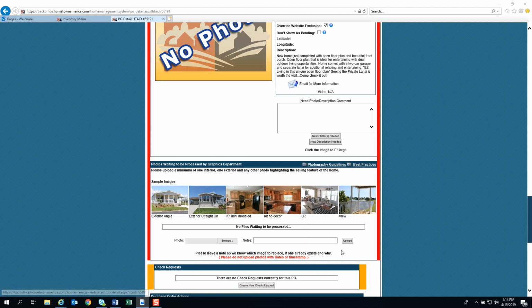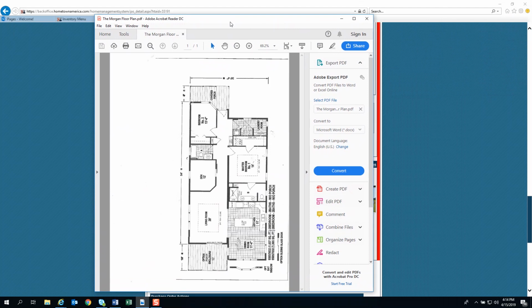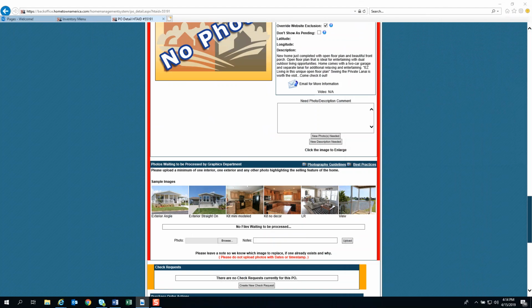You don't have to save it as a JPEG or a PDF. The editing team at corporate will make those adjustments for you. And we're even good like, well, we can rotate this around so that it orients correctly. All that'll be done for you at corporate. Obviously, courtesy, you want to get it the best you can, but don't let this be a stumbling block if it's in a PDF,